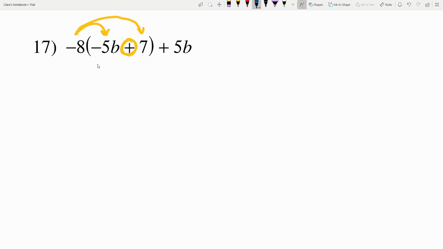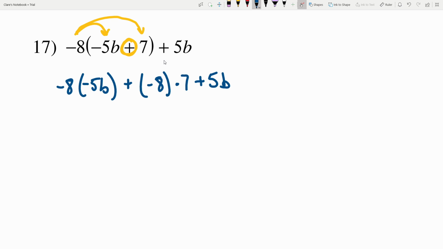So negative 8 will get multiplied to a negative 5b, and then I'm going to be adding, because I have addition in between, I'll add that to negative 8 times 7, and then we'll add that 5b on at the end. So doing out some more math, negative 8 times a negative 5, negative times a negative is a positive, that'll be a positive 40b. And I'll be adding that to negative 8 times 7, that's a negative 56,